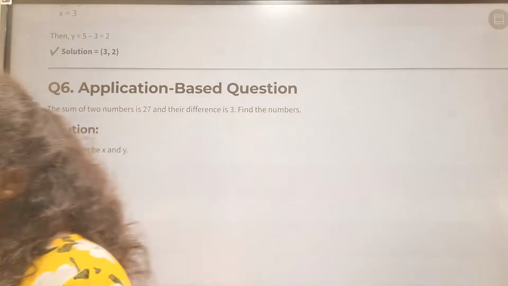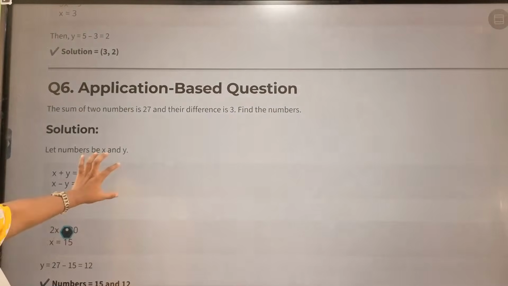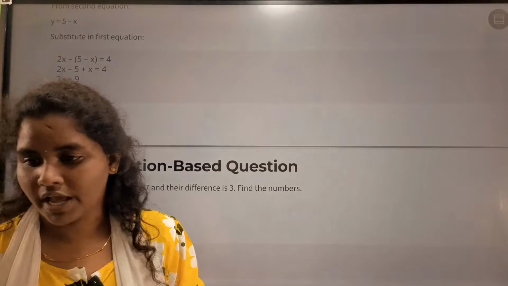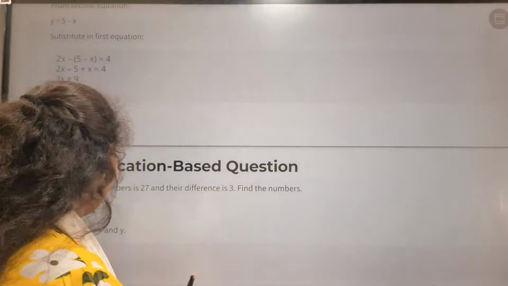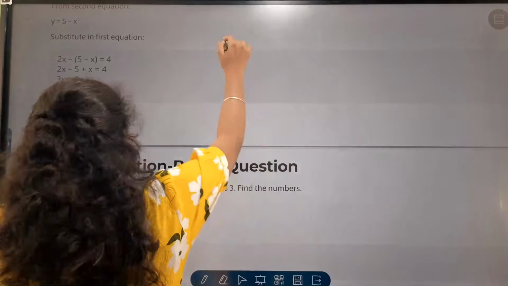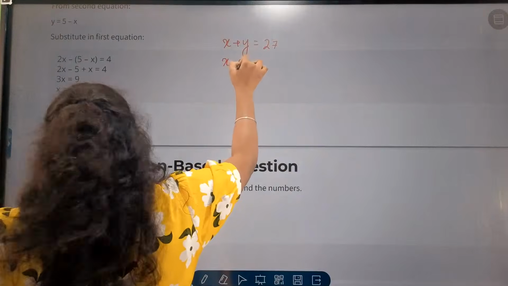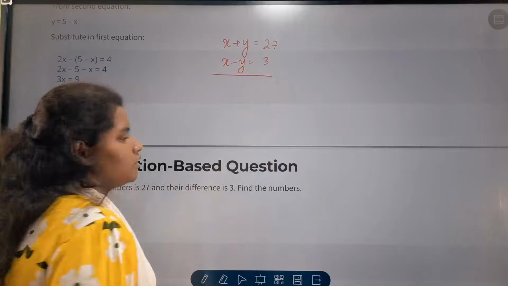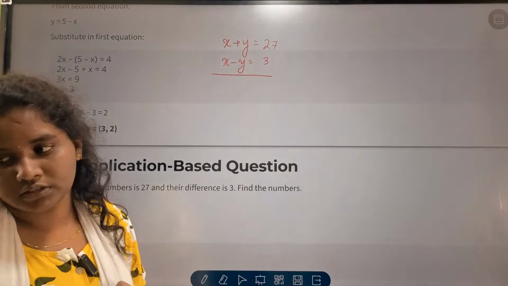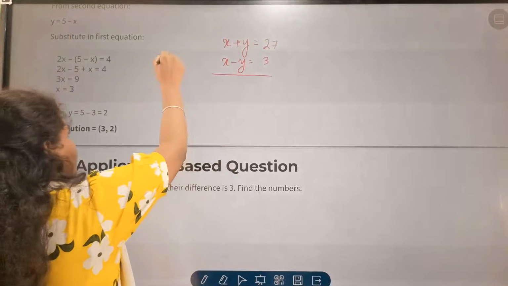Can anyone try? What is the answer for x and what is the answer for y? See, here we have x plus y is equal to 27 and x minus y is equal to 3. If they didn't mention any method, we just solve with whichever method we know. So by using elimination,